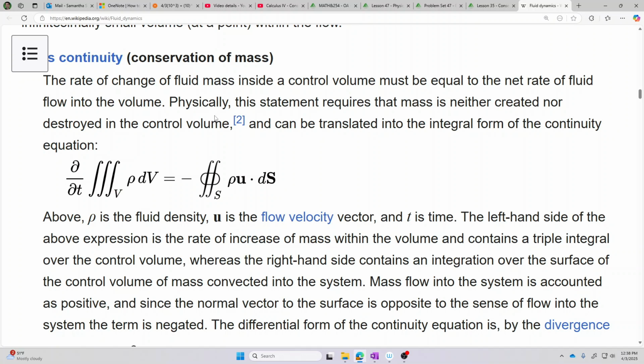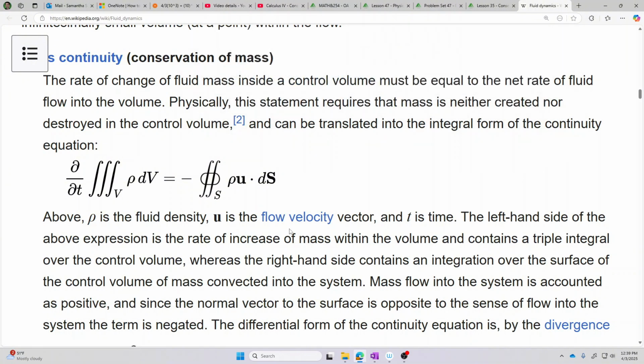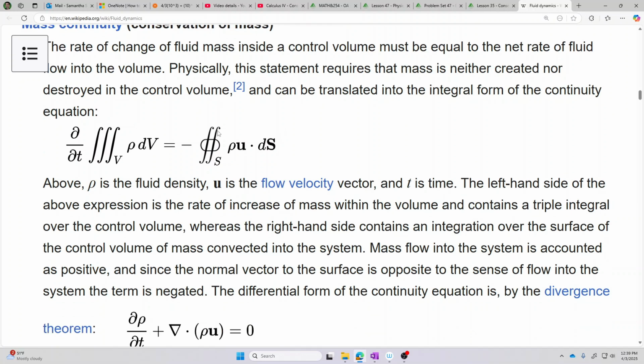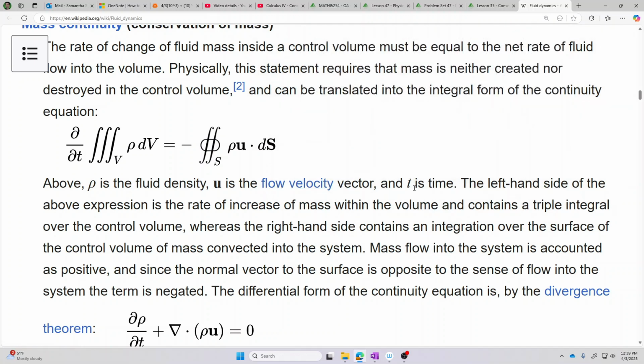And then we have the exterior of that three-dimensional region, the shell on the outside of that region, and that is what is called here S. We have some fluid that is moving around in this three-dimensional space with a density here called rho. That's the density of the fluid. We have the vector field u, which is representing the velocity of that fluid, and t is representing time.